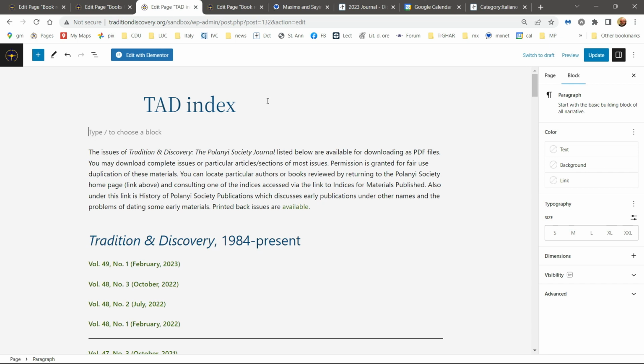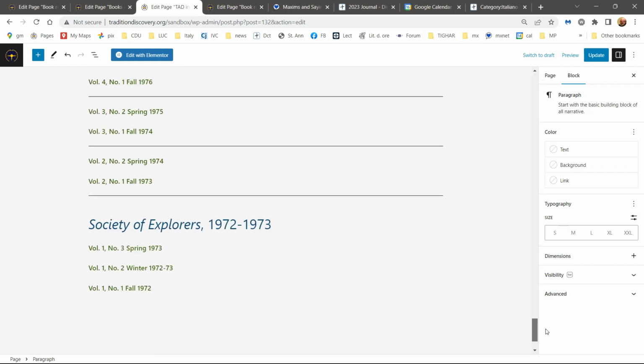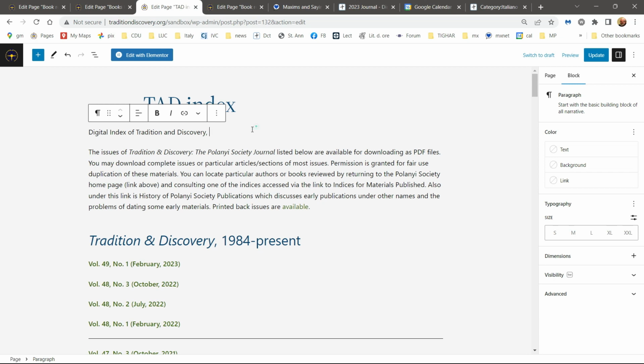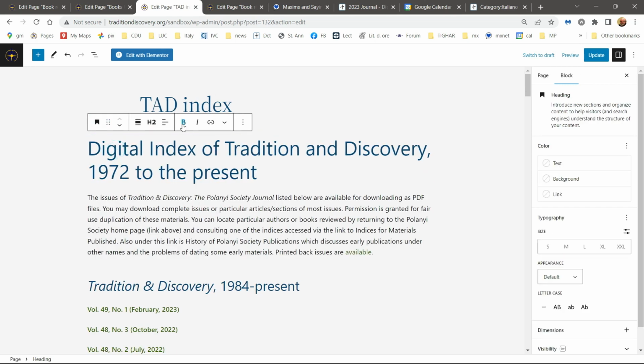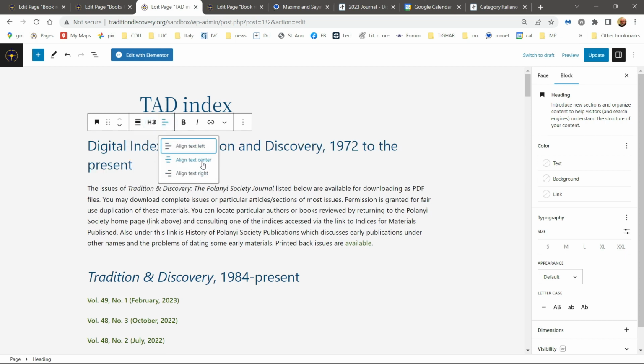The digital index of tradition and discovery, something 1972. Okay. To the present. Change from a paragraph to a heading. I'm using heading 3. And centering, well,